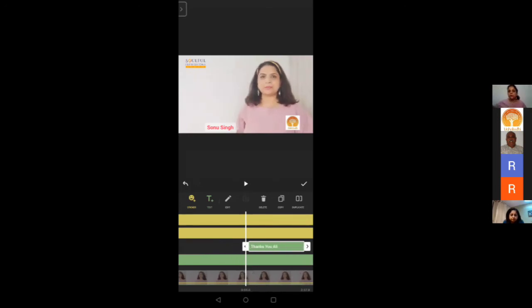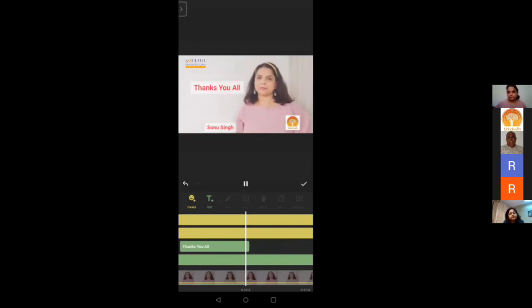I don't want it to be here till the end. I don't want it to go to clip end, or till video end. I just want it for 2, 3, 5 seconds more. So there I just hold it and I drag it. That can be done the same for the left arrow also. You can hold it and drag it. See, the bar will change. And now when I play it, it will be there for a longer time, and then it will go off.